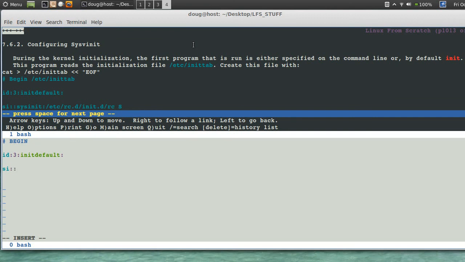So you can't run 0 and 6. And you really don't have to pick this. It's either 3 or 4. 3 is start without a GUI. 4 is start with a GUI, but you can still drop down. So